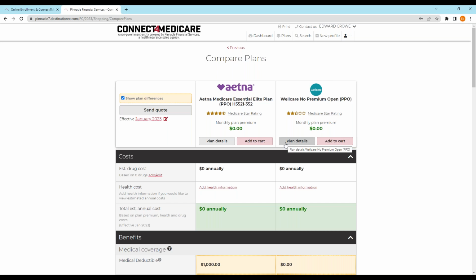So one other thing about the recording. People ask me a lot, well, if the CMS rule says we have to record everything, you do. You have to record everything in the chain of enrollment. But if you're driving in your car and somebody calls you on your cell and they want to talk about plans, you could say, well, I have to do this on a recorded line. Let's schedule you for a time when I'm at the office. When I get to the office, I'll call you. We'll talk for a minute, then I'll get you set up on the recorded line, and you'd be fine there because that would be a recording of the chain of enrollment.